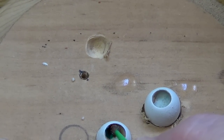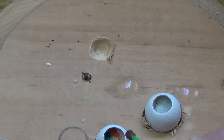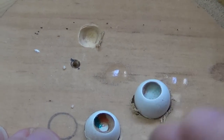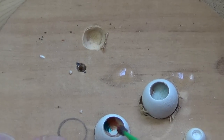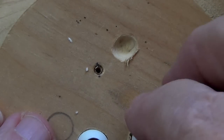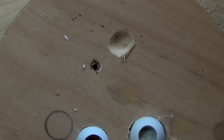And really, when you do this, it's always best to do your pair and do one step on each eye. Do the same as the other one. Don't wait till you get all done and then go to the next one. At least for me, I found that when I do one step and then the same step on the other eye, I did a lot better and I got a better matching eye. That one wants to slip out. Okay, I'm going to go ahead and take